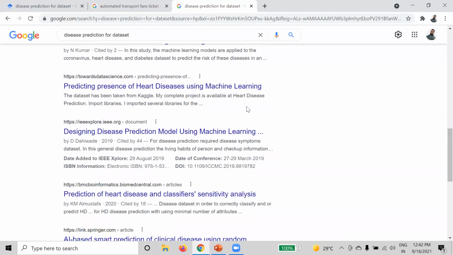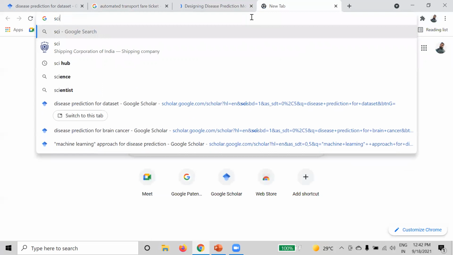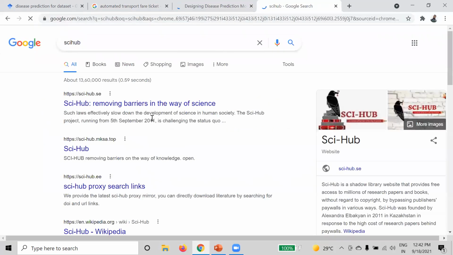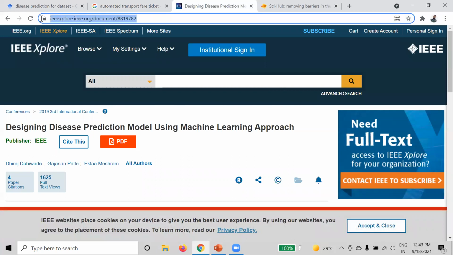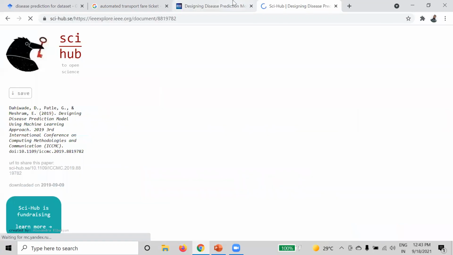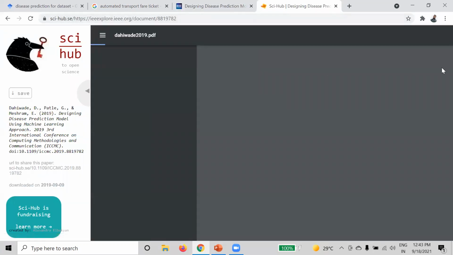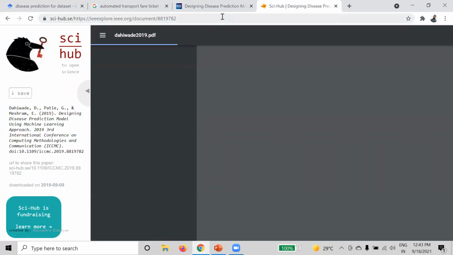And still if some paper is not accessible or downloadable, you can also search on Sci-Hub. Okay, so this is not recommended, but you can try it for some papers which are not freely available. You just need to select this link, go to Sci-Hub and open it. Okay, if someone has already published the paper, then you can view it, download it and access it over here. But this is not recommended. The recommendation is that you buy the paper from the genuine site and access it.